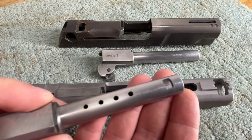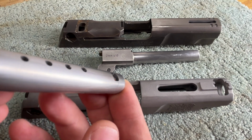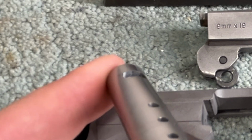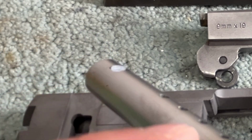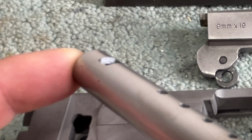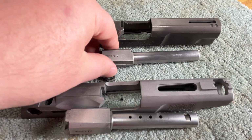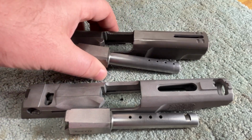But we have a chunk port on the front of this CNC'd barrel, and so we actually can be extra critical of this one. And as you can see, we've got a very, very nice shiny finish on the surface of that chunk port that you can see there. And so it would be the same quality inside these holes as well, as that was run with the same bit and the same settings. So again, yes, we do get a slightly better result out of the CNC mill, but like I said, I'm happy enough with the result directly off the laser that I am going to move forward with this